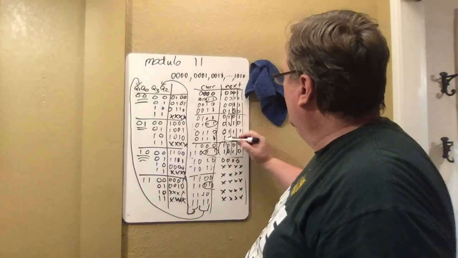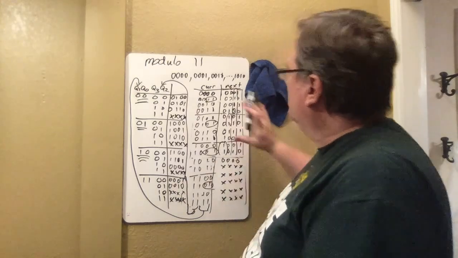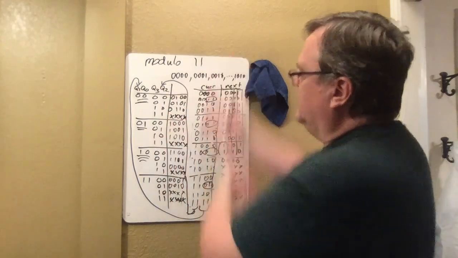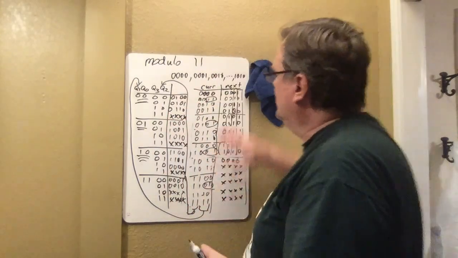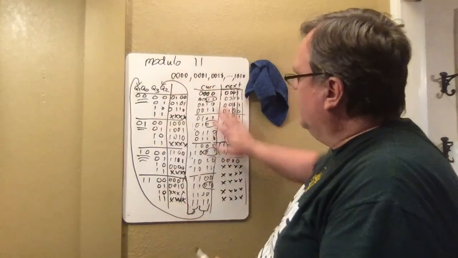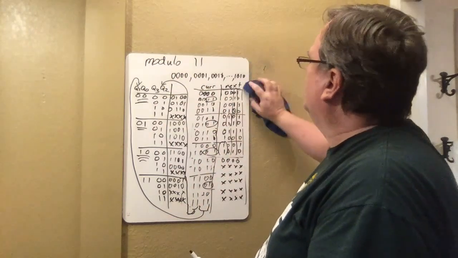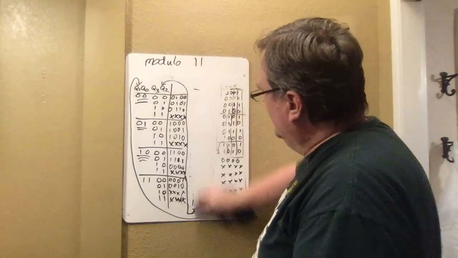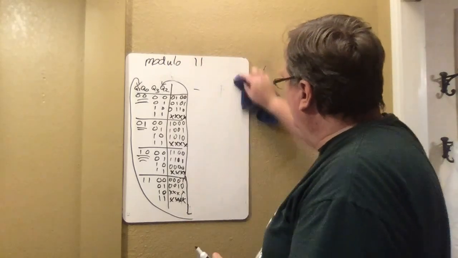So I've taken this chart and rewritten it, where I flip them and then reshuffle. This was my original modulo 11 count. This is the modulo 11 recount, reshuffled. Now that I've rewritten my chart,